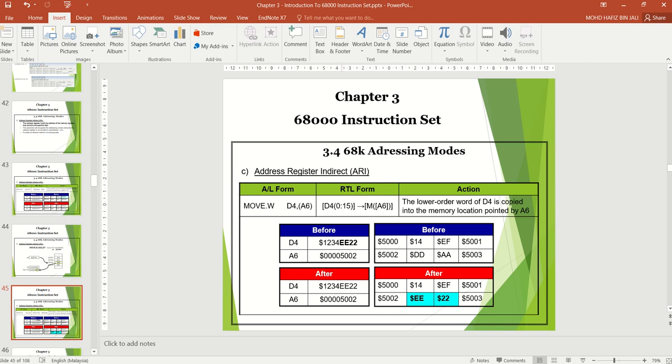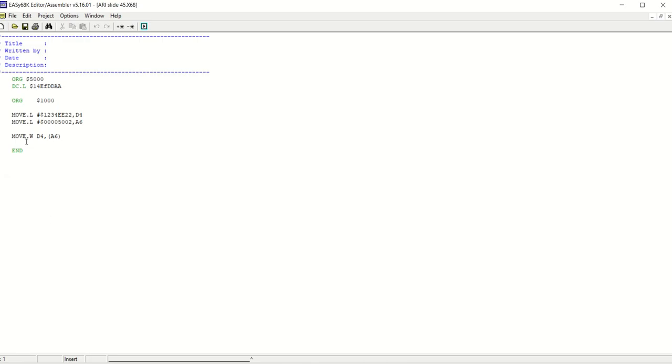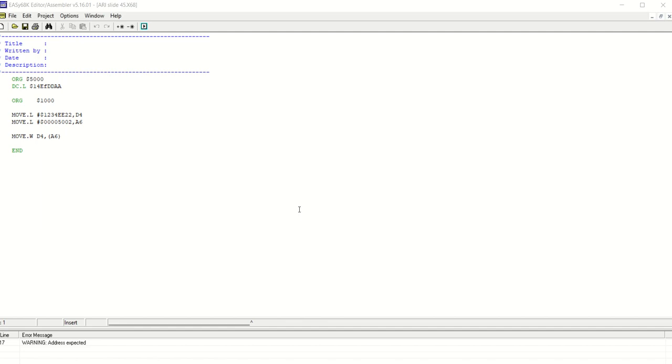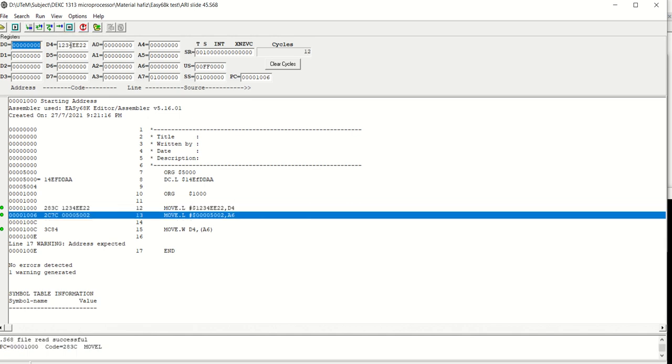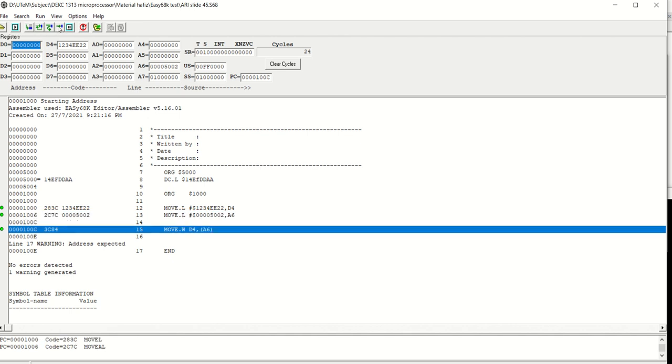And then the instruction is move.w D4, (A6). Let's execute. For the first line we expect D4 to change: 1234 EE22, and A6 is 00005002.